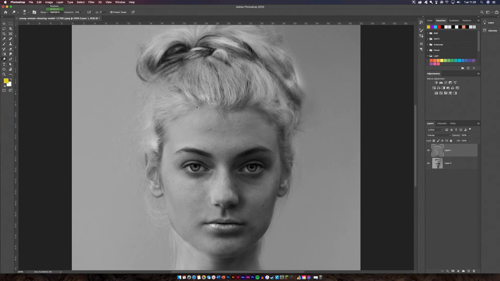But these are subtle things that can help you increase your skill level and just basically increase your photo manipulations, because you can obviously add this to your collages that you make, and then you can bring that into other designs. But there are many different ways of doing this, so I'm going to go back to the burn